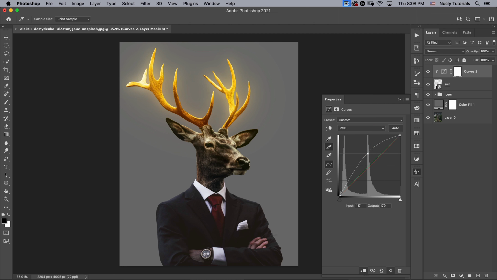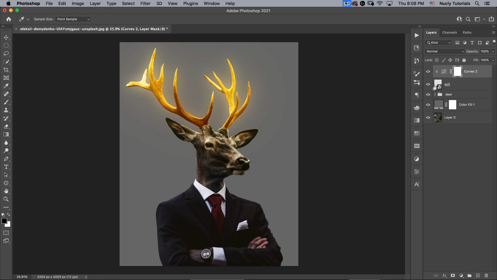Now you can see my blacks aren't black. I want to fix that. I'm just going to bring the black so that my blacks are true black, matching the black here. So something like that. And then maybe something like this. I think there's a little too much red. So maybe we can just go into the red, take that down just a tiny bit more. Something like that looks pretty darn good.